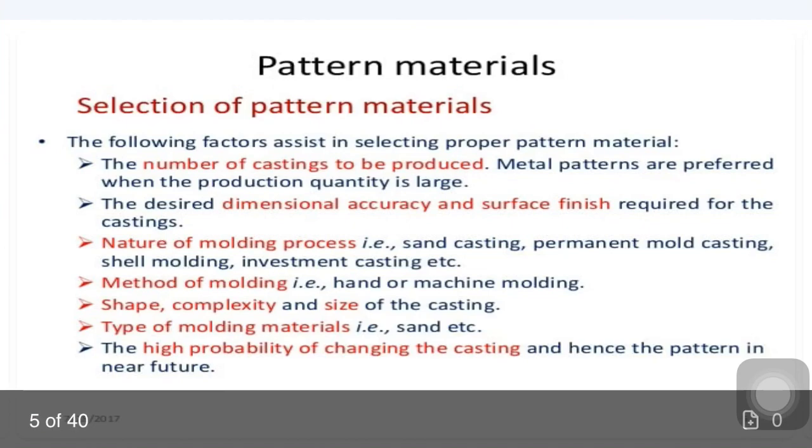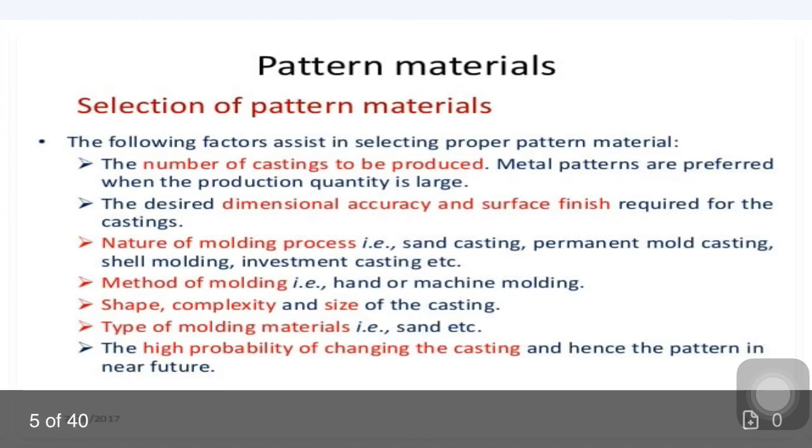So let's start the discussions on the selection of the patent material. The number of casting objects to be produced. सबसे पहली चीज़ यही रहती है कि आप कोई एक ऑब्जेक्ट बना रहे हो, या आप 100 ऑब्जेक्ट बना रहे हो, या फिर आप 1000 ऑब्जेक्ट मैन्युफैक्चरिंग कर रहे हो। कितने नंबर ऑफ ऑब्जेक्ट आप कास्टिंग करने वाले हो, ये सबसे बड़ा क्राइटेरिया उस मटेरियल के सिलेक्शंस के पीछे रहता है। डेफिनेटली ये हमने प्रीवियस चैप्टर के अंदर भी डिस्कशन किया था, तो आपके पास थोड़ा बेसिक बैकग्राउंड होगा कि नॉर्मली जो पेटेंट रहती है, वो नॉर्मली वुड है, मेटल है, कंपोजिट मटेरियल है, वैक्स है, ऐसे मटेरियल को यूज़ करते हुए हम लोग पेटेंट्स बनाते हैं, राइट।